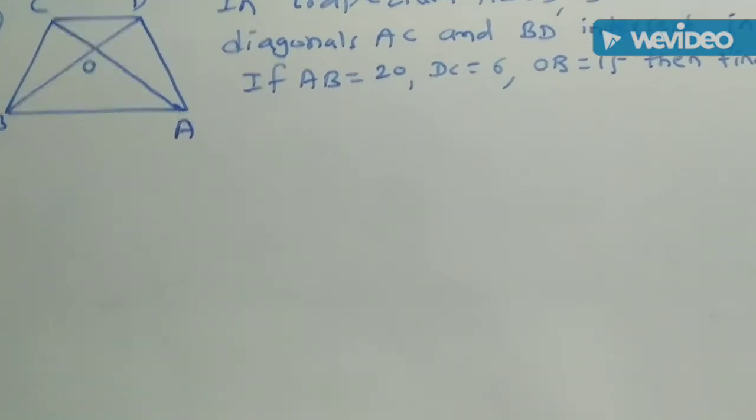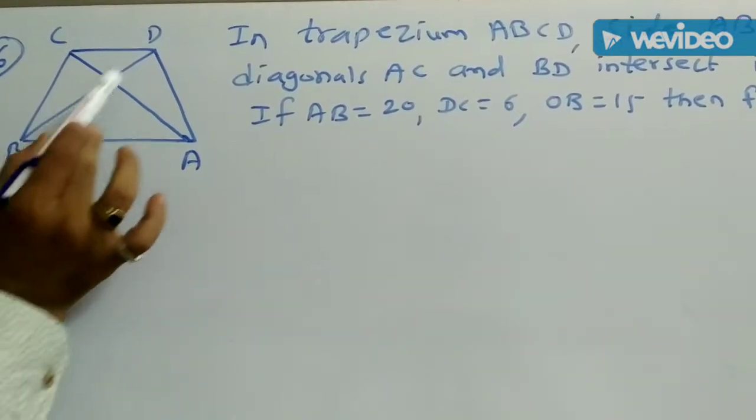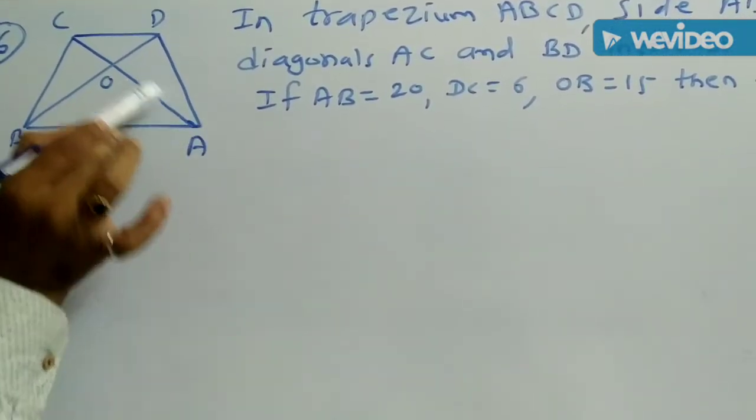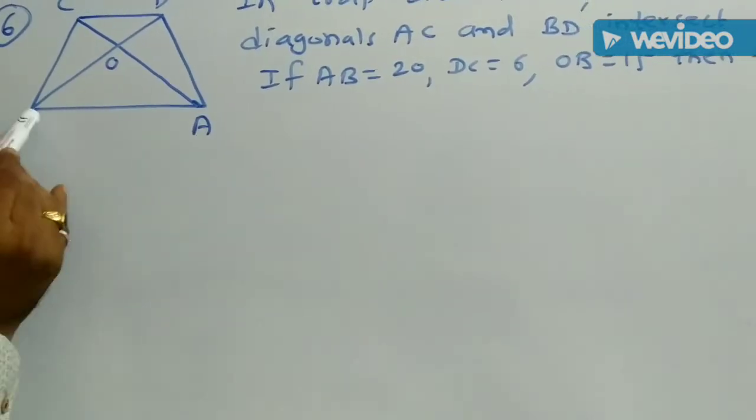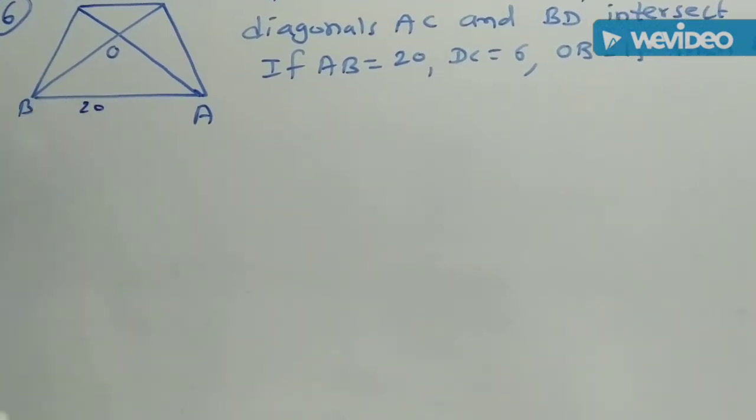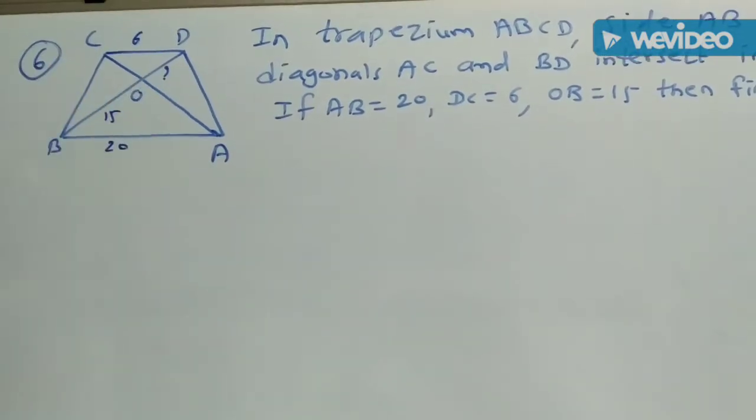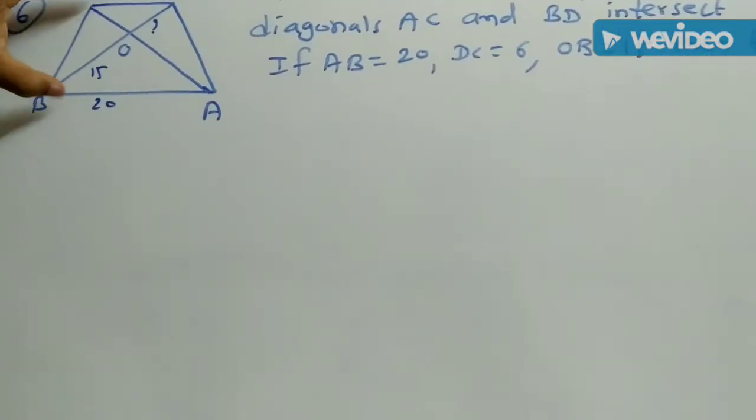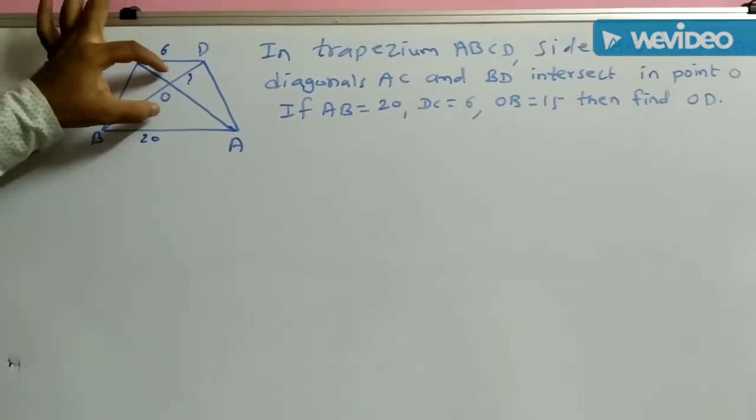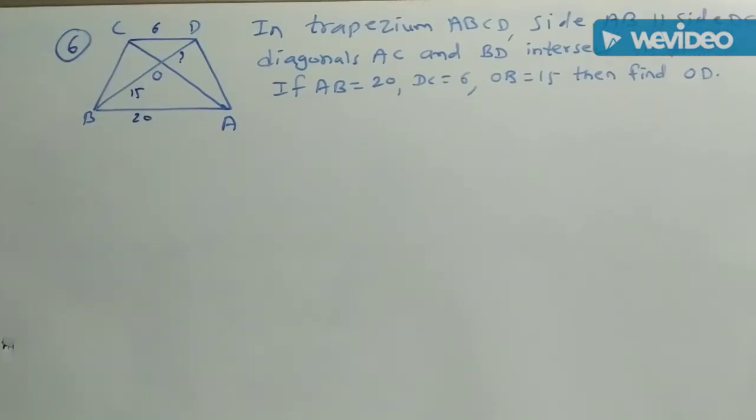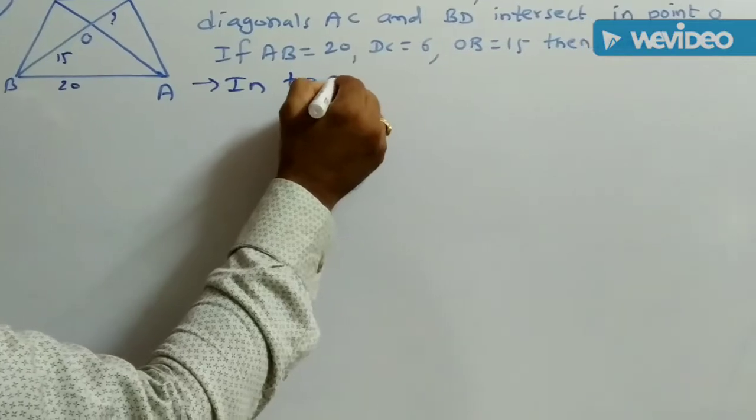Next example is in trapezium ABCD, side AB parallel to side DC, diagonal AC and diagonal BD intersect in point O. AB is given 20, DC is given 6, OB is given 15 and OD we have to find. That is, we are given two sides of the triangles AOB and COD. That means firstly we have to show that these two triangles are similar. For that we have given in trapezium